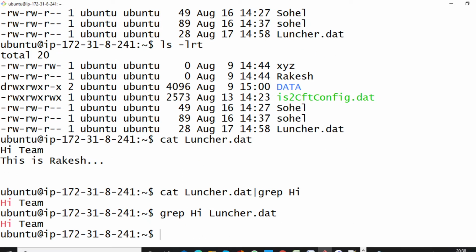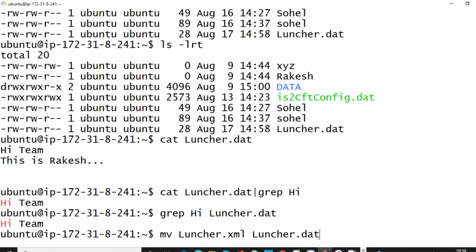So here you get the output hi team, meaning you will get the row where the pattern hi is available. But the same way you can run the cat command, cat file name, then one pipe, then grep hi. Same way we can do many things.